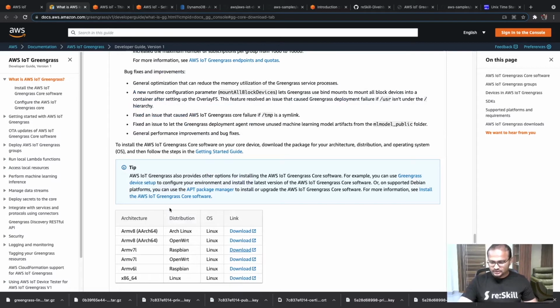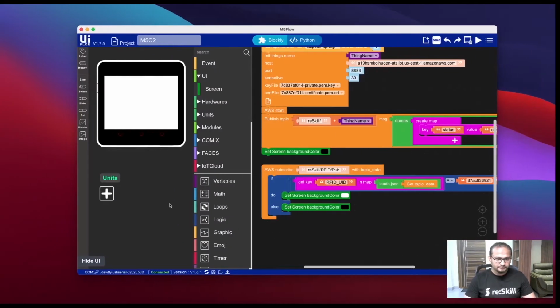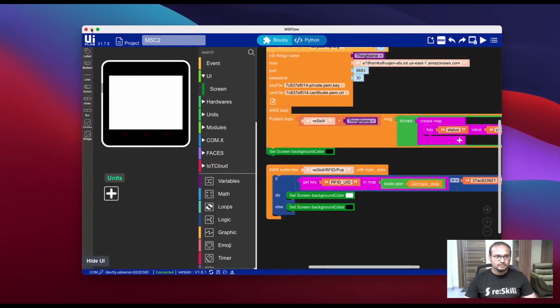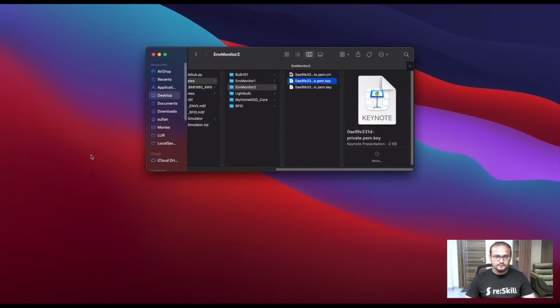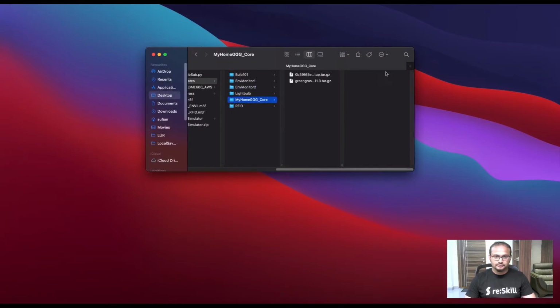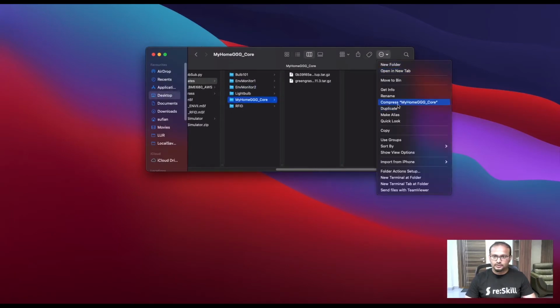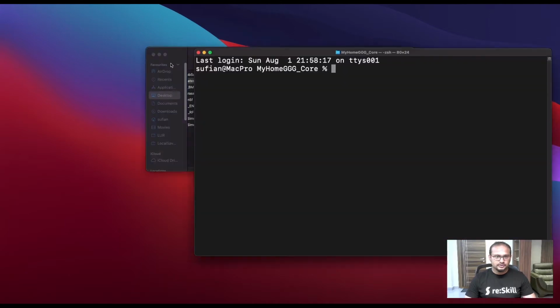Now I'll quickly turn on my Raspberry Pi. So this is a fresh Raspberry Pi 4. All I have done is install Raspberry Pi OS Lite on it, enable SSH, and make it connect to my local Wi-Fi. New terminal at folder.